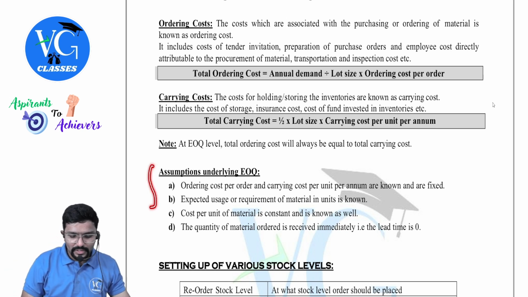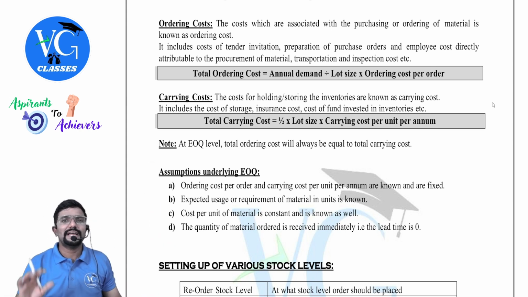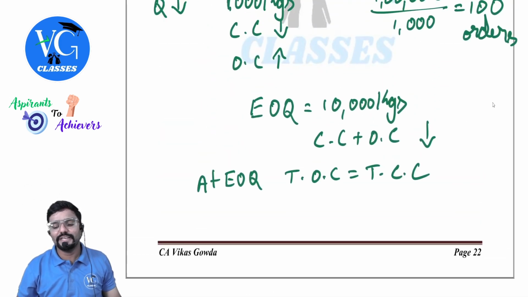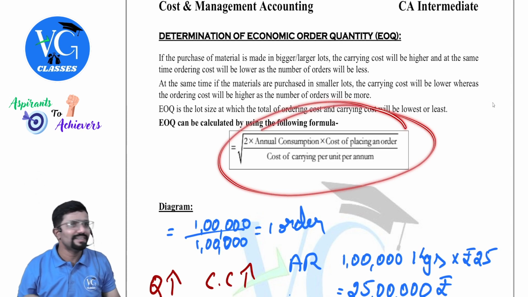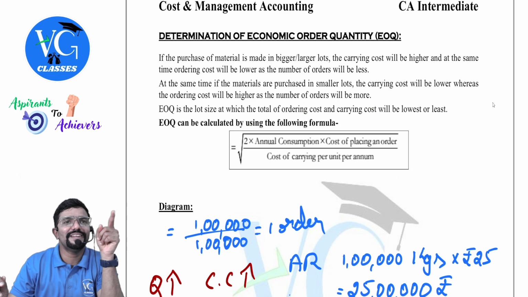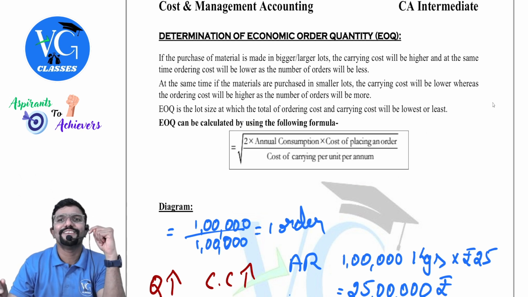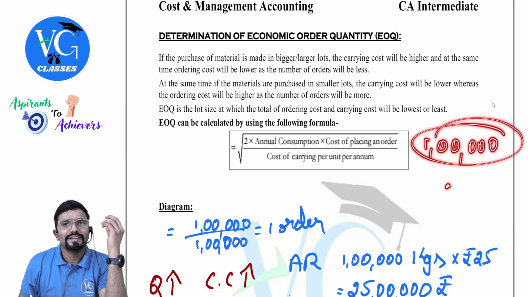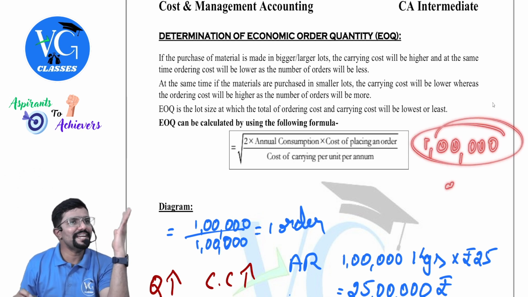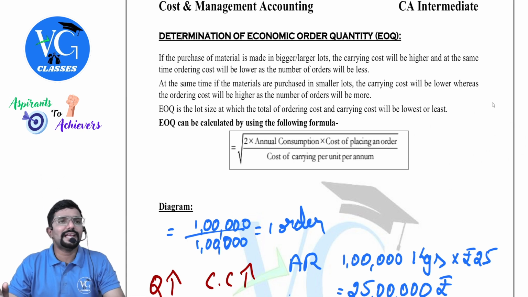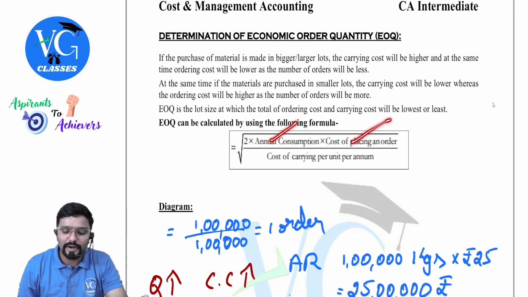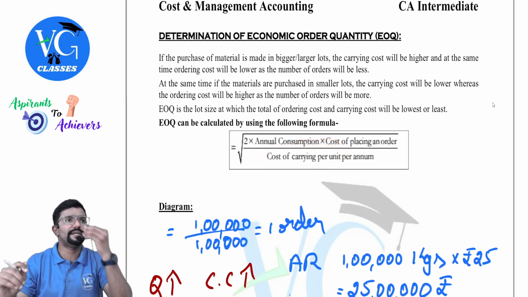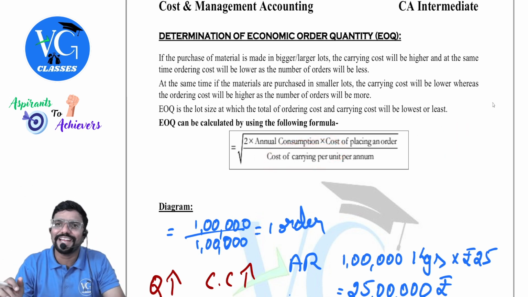Okay. Now coming to assumptions underlying EOQ. Guys, listen here. Whatever we are using in the EOQ formula, everything is estimated. Because how much quantity should I purchase? Will I decide at the end of the year or at the beginning of the year? Beginning of the year, correct? 1 lakh kgs is what I require for the entire year. Standing at the beginning of the year, I will calculate my EOQ. To calculate it, I should know my annual consumption, ordering cost per order, carrying cost per unit. And to calculate carrying cost, I should also know purchase price per unit. Yes, all these are purely estimation.